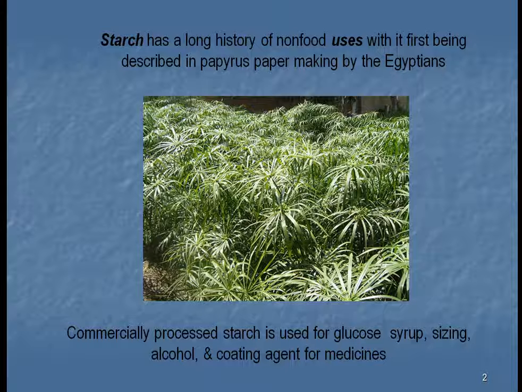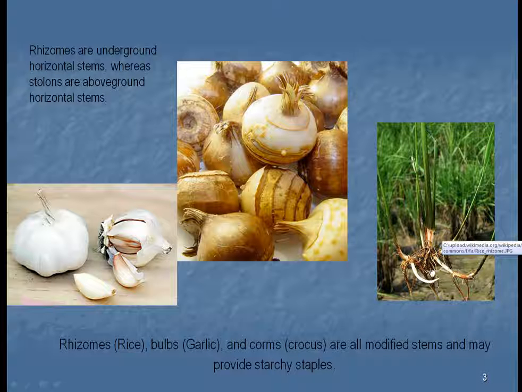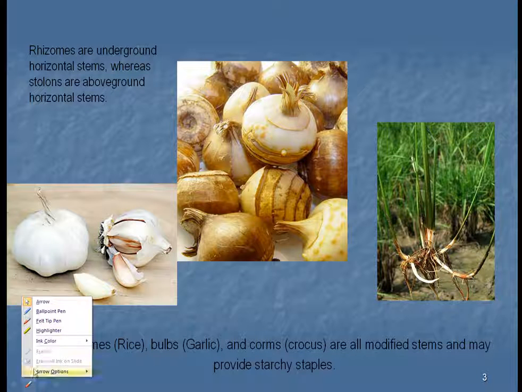We use it with sugar to make syrup. We use it in clothing to firm it up. We use it in alcohol. We use it in medicines. When you look at the picture over here, you can see these little projections coming out. These are called rhizomes. They're just beneath the ground, and besides storing food, they allow the plant to expand itself and grow into other areas. We see other things